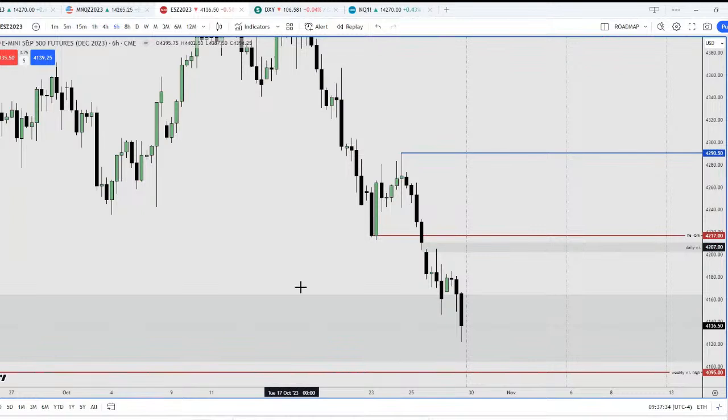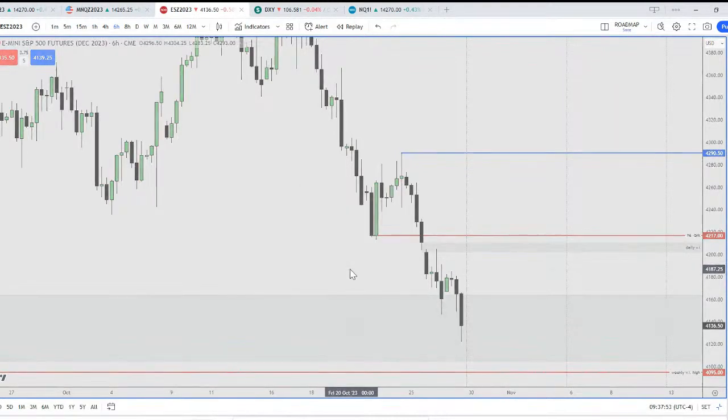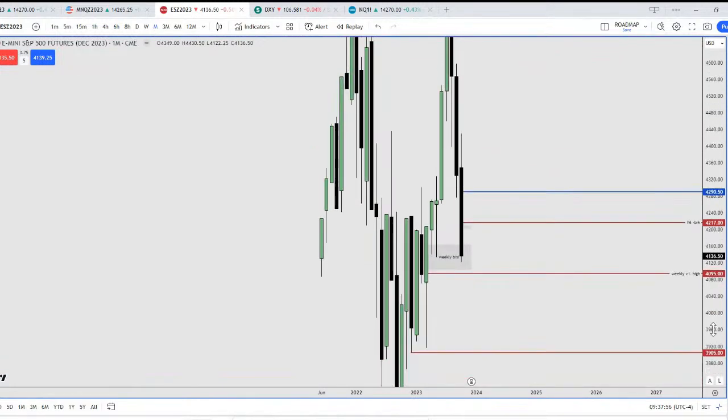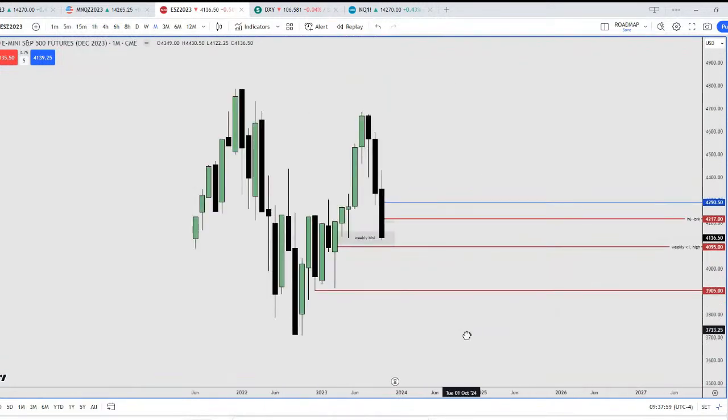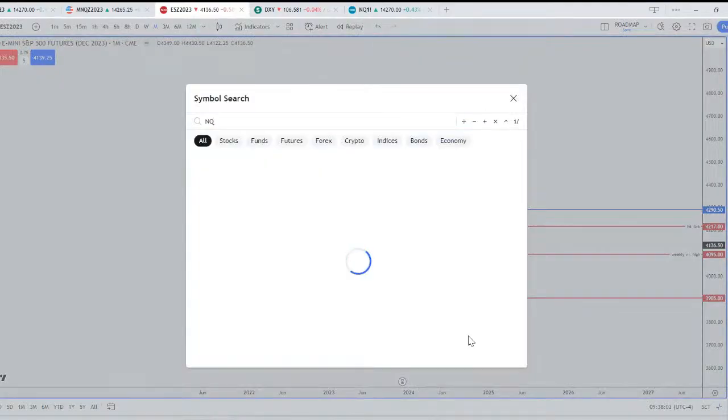Let's review what has happened for the past week and forecast the next week ahead. I'm going to start off with Nasdaq here. I've already annotated the charts, so we are probably going to breeze through this. I'm going to talk about the economic calendar as well. Sorry, this is ES. Let's start off with Nasdaq.